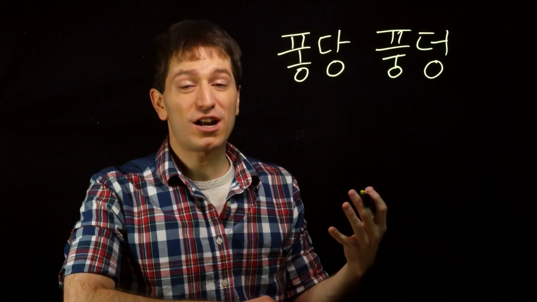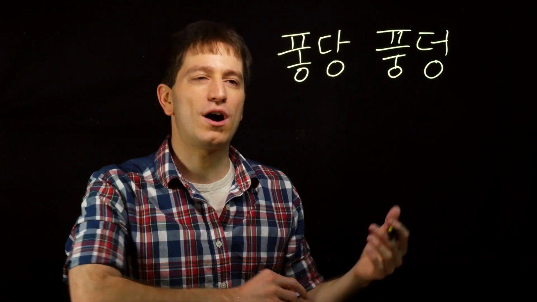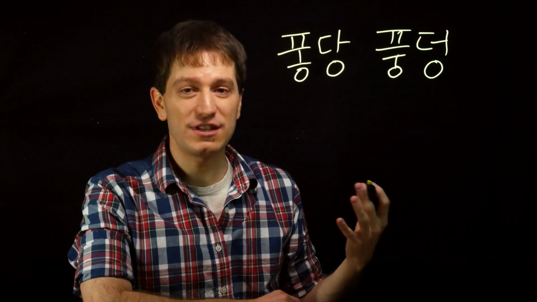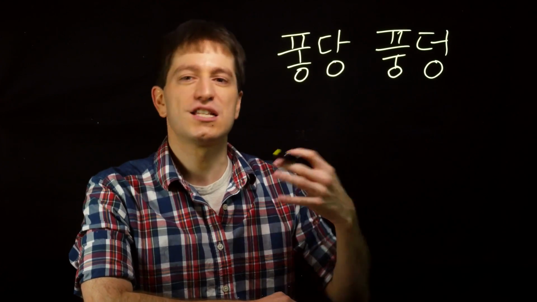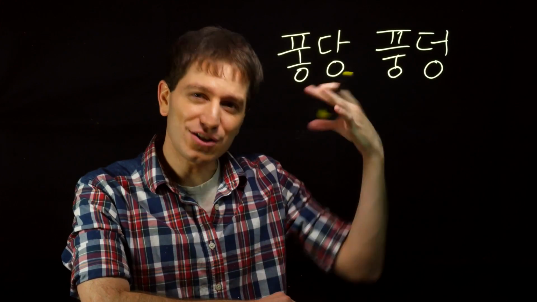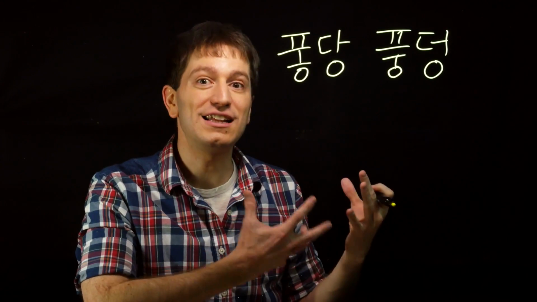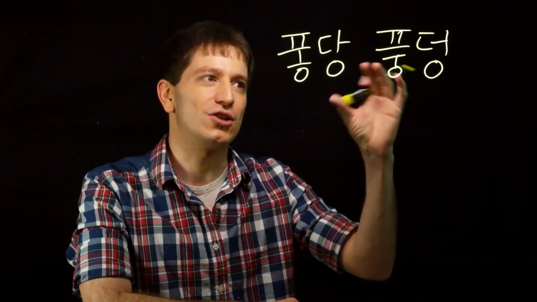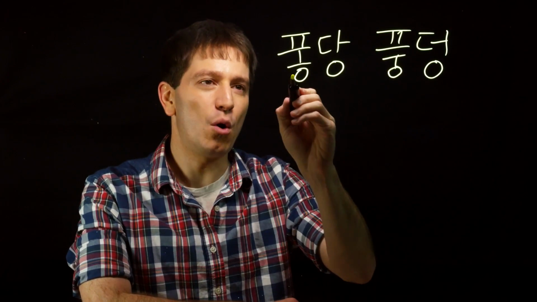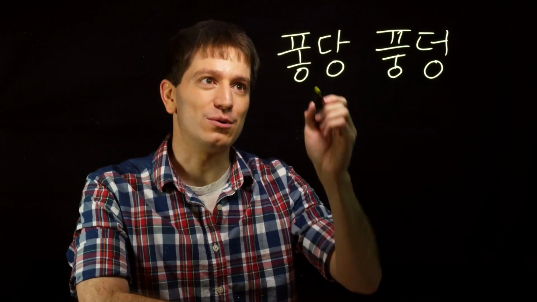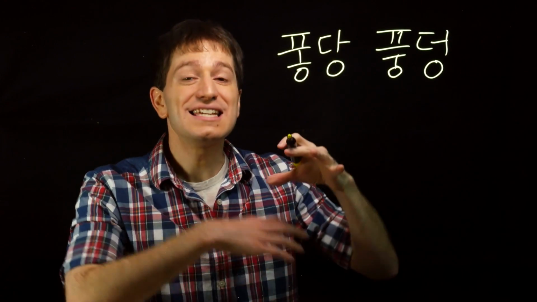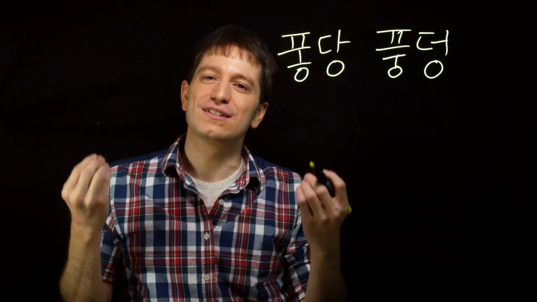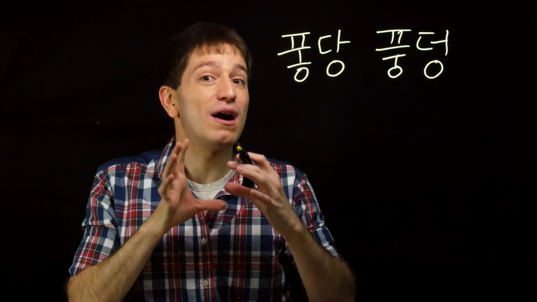For example, the onomatopoeia for splashing, like splashing in water, can be either 퐁당 or 풍덩. And if you search both of these in the dictionary, they'll both come up as just splash. However, we can understand the different nuance, the feeling of using one or the other, if we know that the vowels used in them are dark vowels or bright vowels. So, 퐁당, bright vowels, o and a. This indicates something that's light, something that's positive, something that's not heavy, and perhaps small.